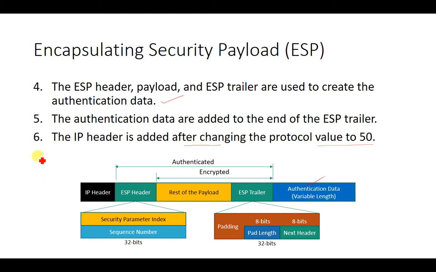Now the IP header protocol part must contain some value or some number. So where will that value go? That value will go to the next header, which was discussed previously in the last slide. So this is how the protocol fields are. The entire packet has been created, which is going to be transferred from the sender to the receiver. Now let us discuss the different fields of the ESP header and ESP trailer, which are much similar to the AH protocol, but still we need an explanation of all these fields. So let's discuss it.